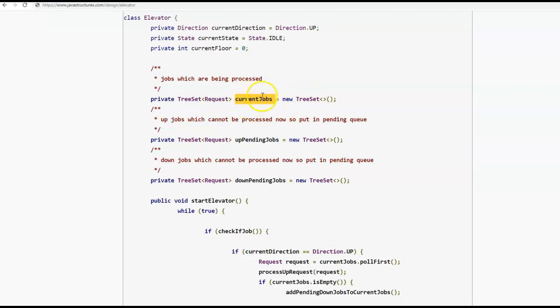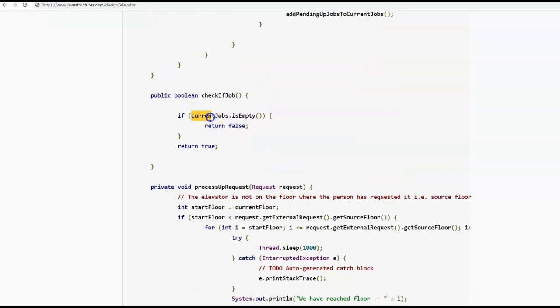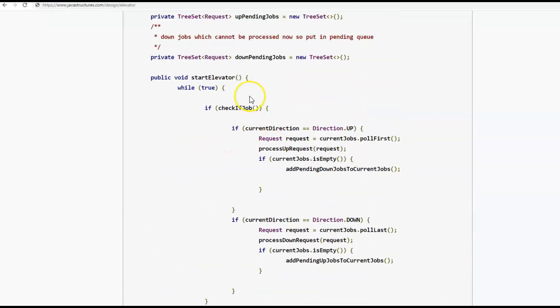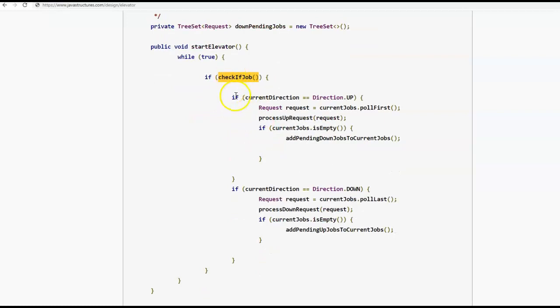If it has, then these should be processed. Using checkIfJob, we are checking if the current jobs has any request or not. If it is empty, then we'll return false, else it will return true. If checkIfJob returns true, it means that yes, there are some jobs or requests which should be processed by the elevator. So if there are any requests in the current job queue, then we'll be processing them.